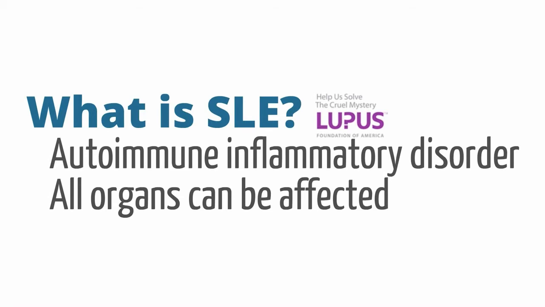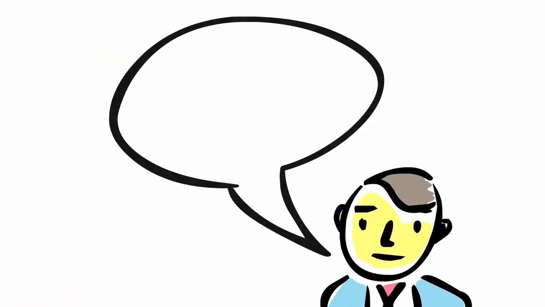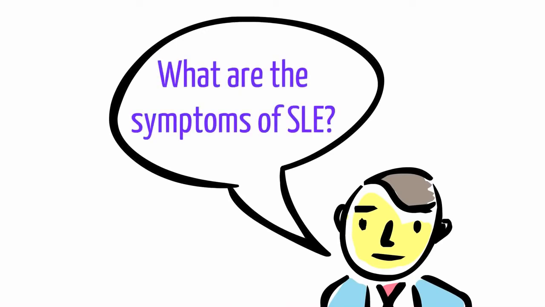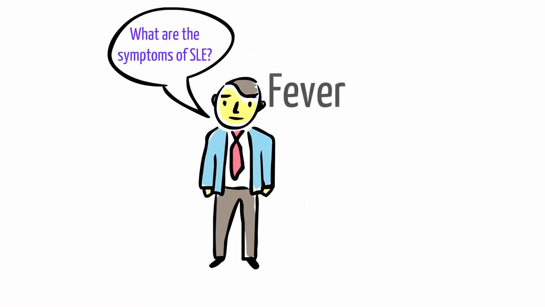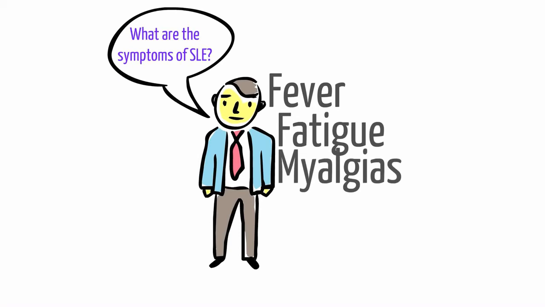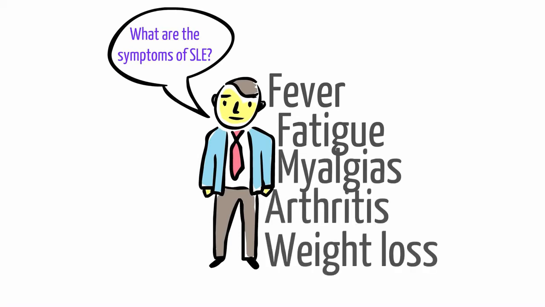Since lupus is a systemic inflammatory disorder, what are the symptoms of lupus? Well, lupus commonly presents with a multitude of generalized symptoms, making the differential diagnosis quite broad. Some common general symptoms include fever, fatigue, myalgias, arthritis, and weight loss. There are additional symptoms and signs associated with lupus, and we will talk about them next as we discuss how